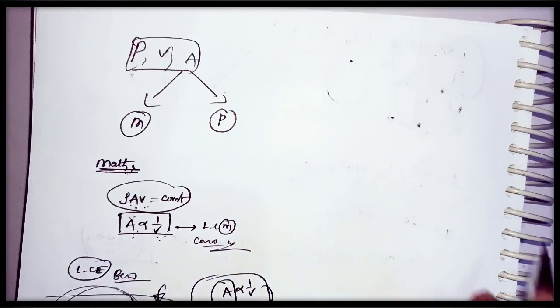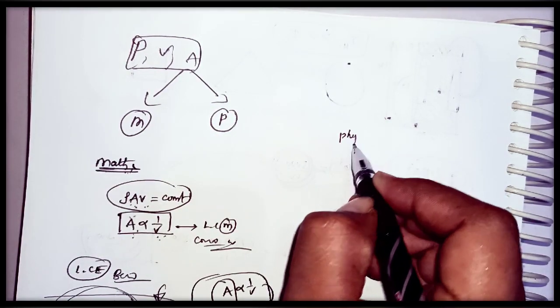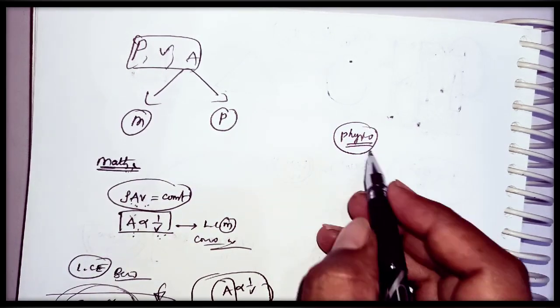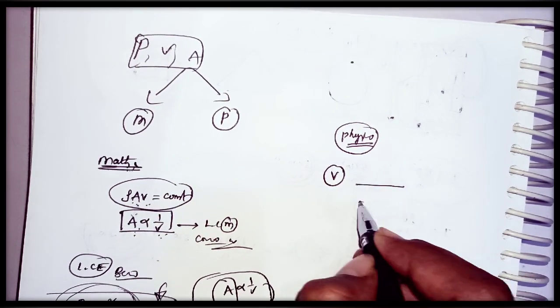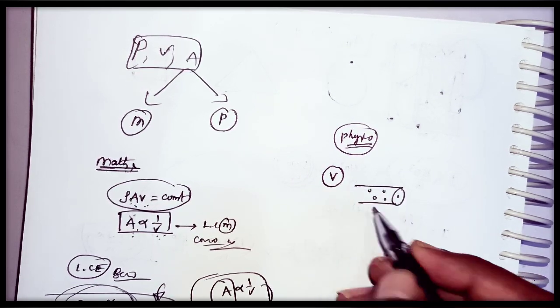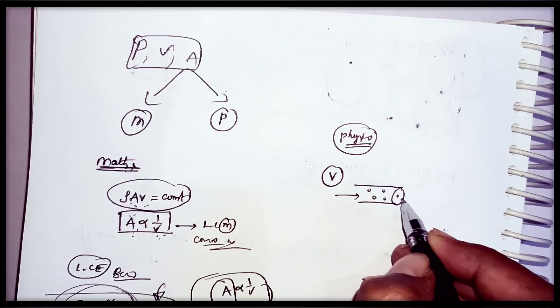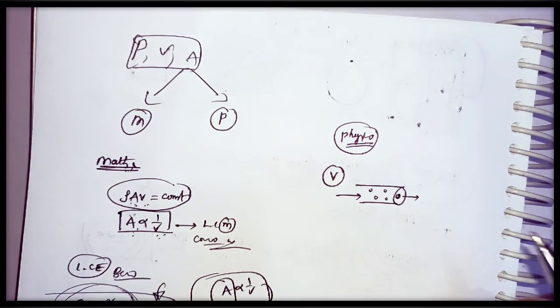If we see the relation between pressure, velocity and area in a physical form, what is the exact meaning of velocity in a physical form? Let us consider one pipe like this. There are different fluid particles in this pipe, and fluid is entering at one section and leaving at the other section. Let us consider this is fluid particle 1.